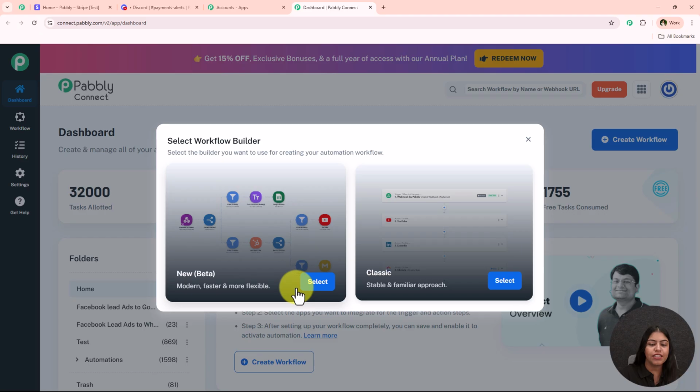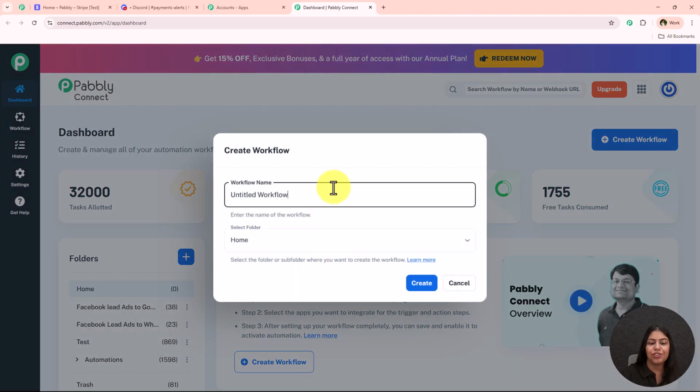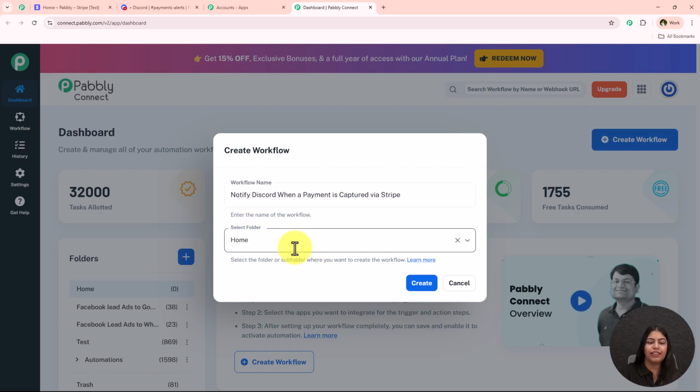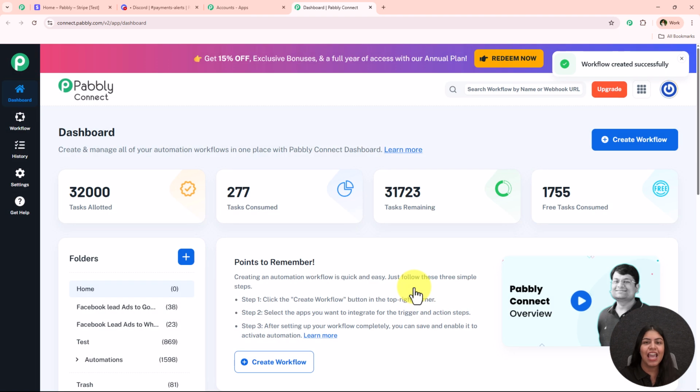I'm just going to use this new one, so I'm just going to select the new one. Now I'm just going to simply enter the workflow name right over here, and then I'm just going to simply select the folder in which I want to save my workflow. So on my dashboard you can see multiple folders which I've already created in which I save my workflows. So if you also want to create a new folder, you can simply go towards this create new folder button and create your own. I've already created many, so I'm just going to save my workflow in one of these only, and now I'm just going to simply click on this button which says create,